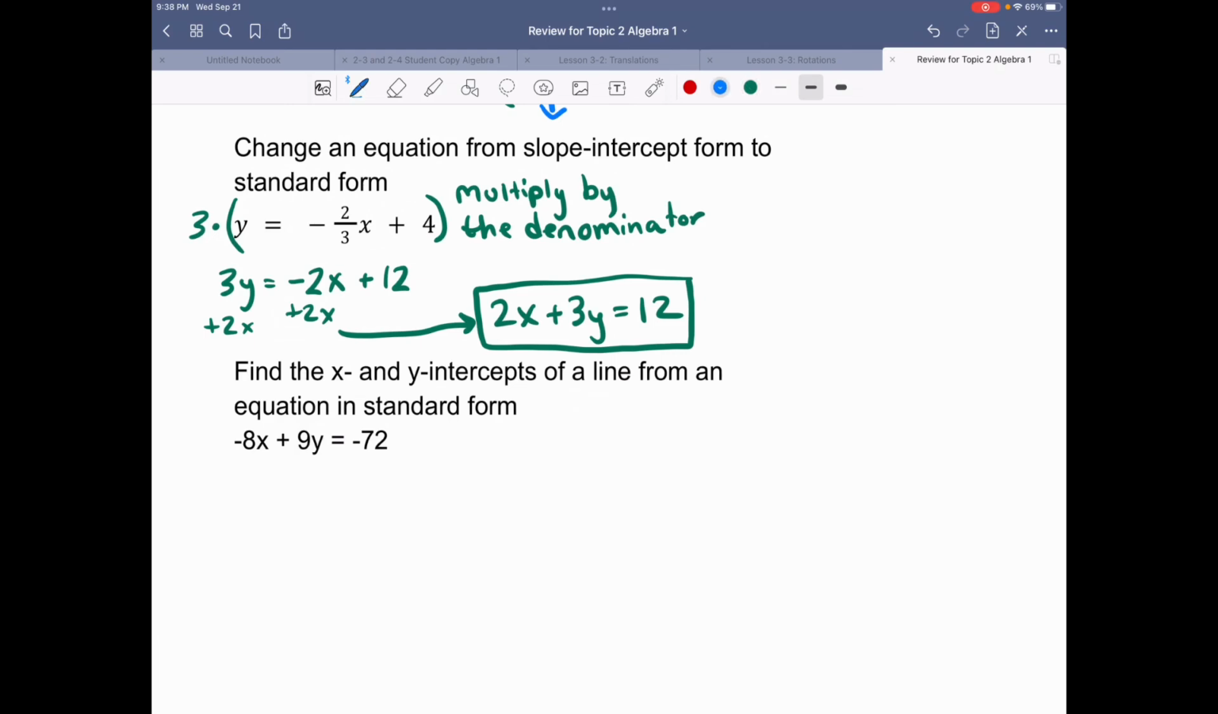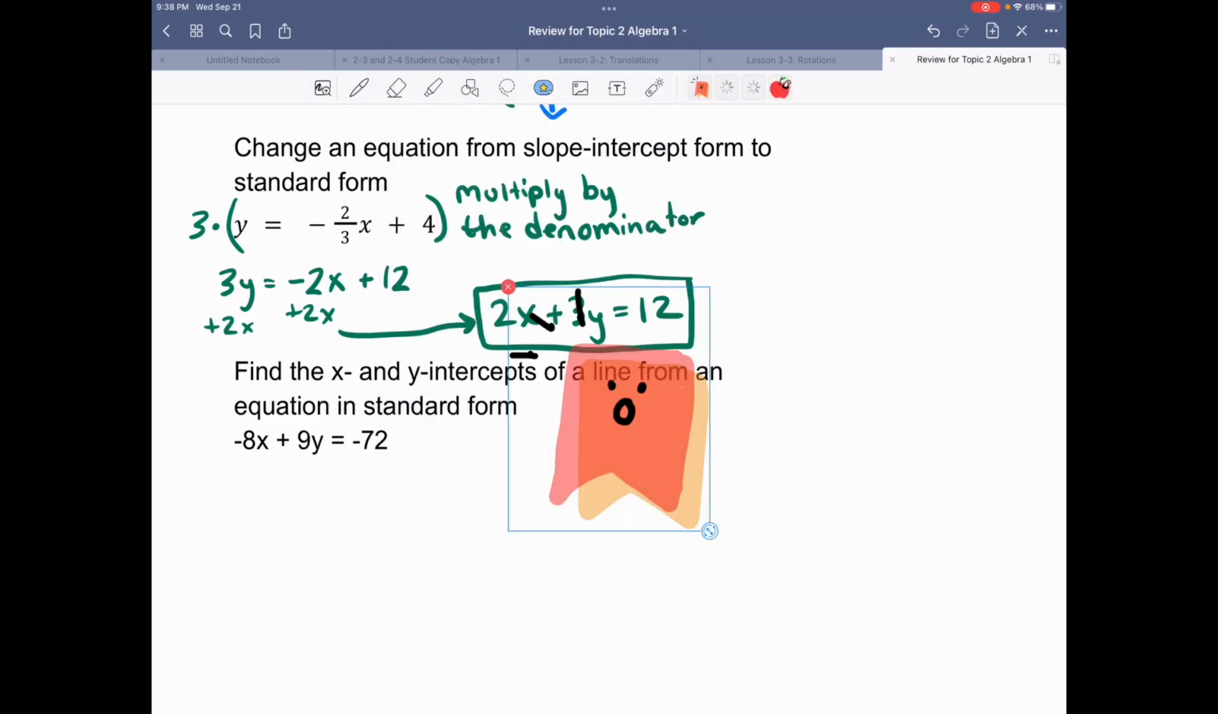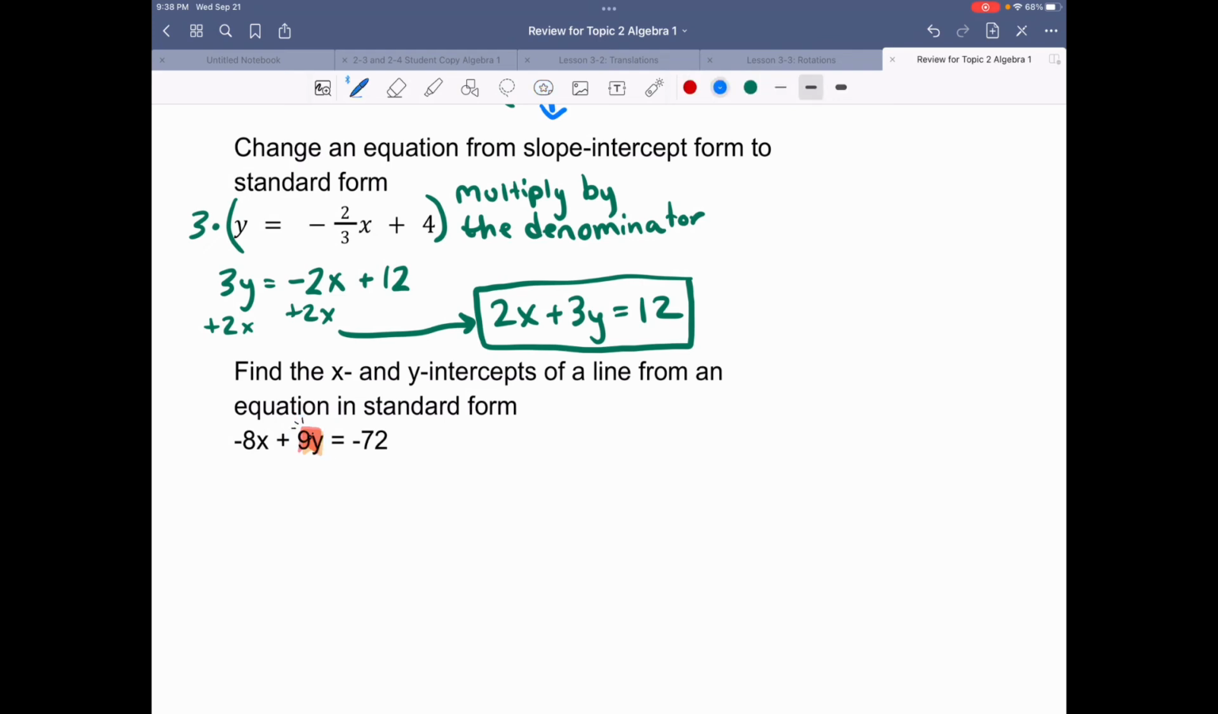Find the x and y intercepts of a line from an equation in standard form. So what I'm going to do is I'm going to take my little stamp and I'm going to cover up the y term, which will become -8x equals -72. When I divide by -8, I get x equals 9. So my x-intercept is equal to 9,